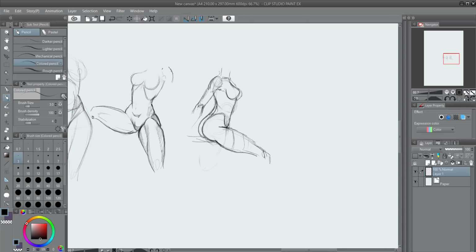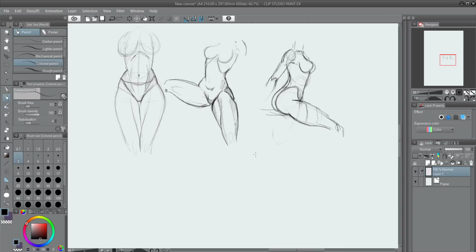All right, so now what we have here, we have the front view, kind of a 3/4 view, and we have a side view. Now, of course, it's better to draw like this, and then from the side view, you kind of come like that, and come like here, have the buttocks come down. You come down with the leg like this, it comes in. You have the knee, whatever, you have the calf. And remember there's that shape right there in the leg, and then there's the buttock here and the leg like that. And then you'd have the stomach coming off and coming up, and the back bending and making the buttocks and all that kind of stuff.